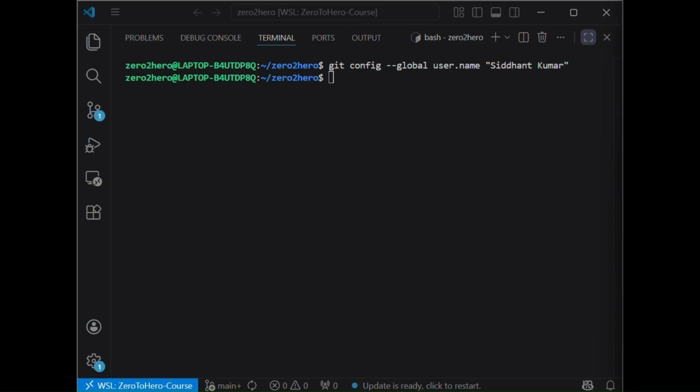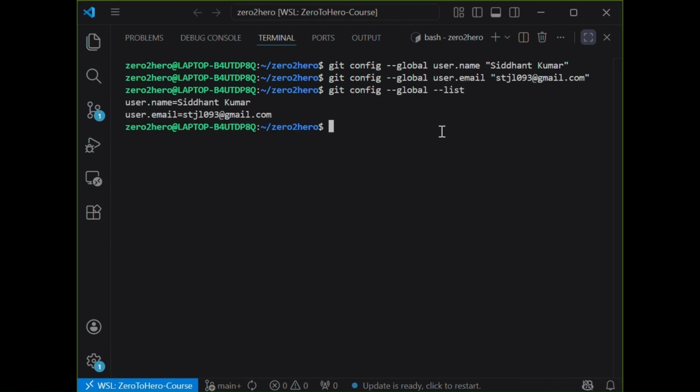Then, like I typed, you can type your username, then the email ID, and use your own name and email. This is how GitHub will identify your contribution. Verify it's set correctly by putting this command. You should see your name and email listed.